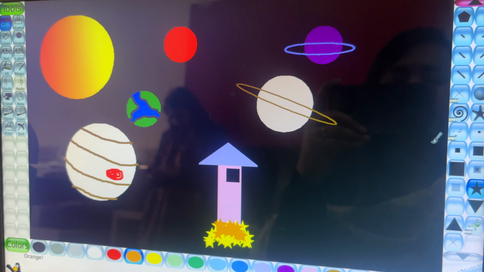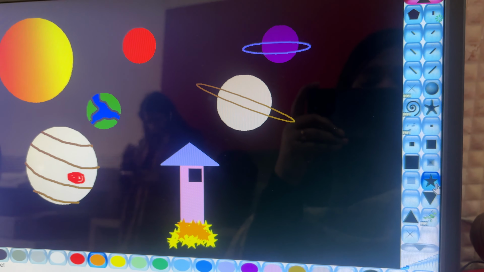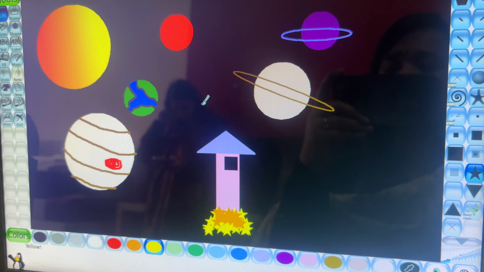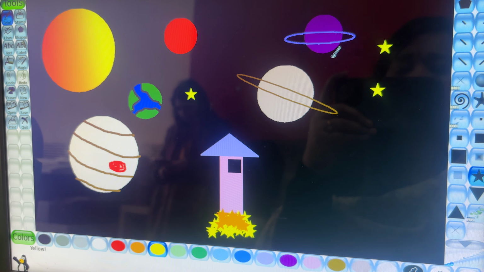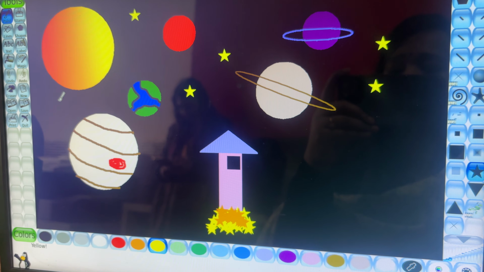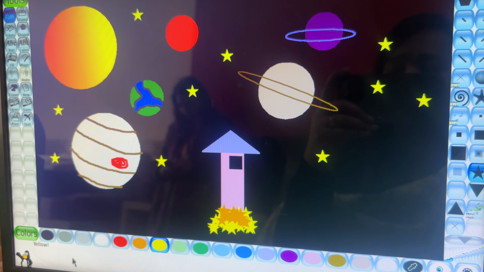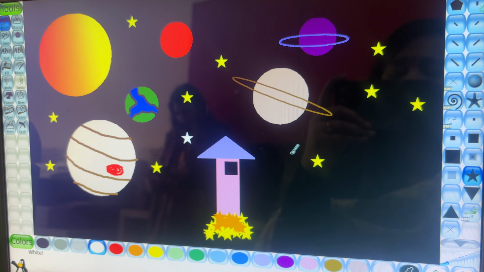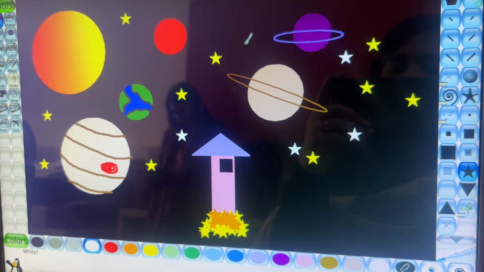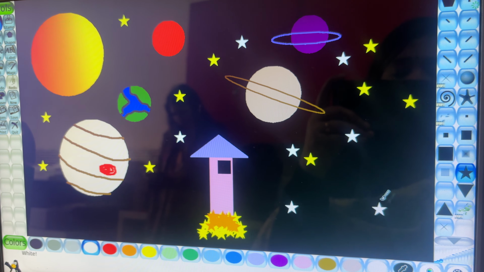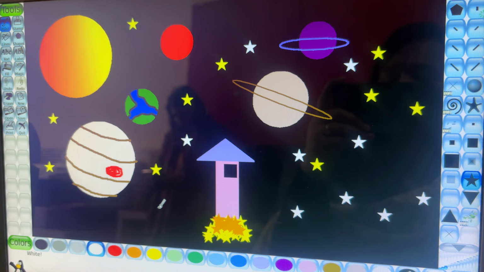Then using the same brush under paintbrush, you can select yellow color to make stars at some intervals, and then use white and gray color also to make stars again. So this way your painting becomes more attractive and complete.